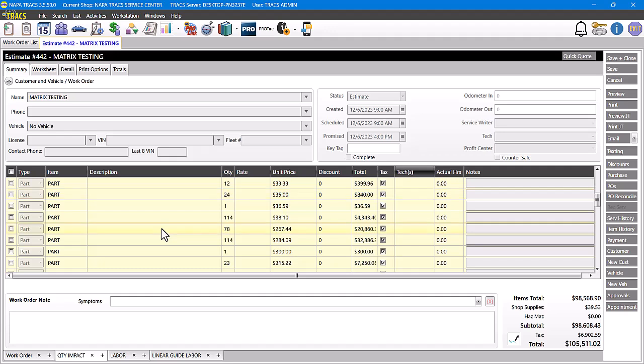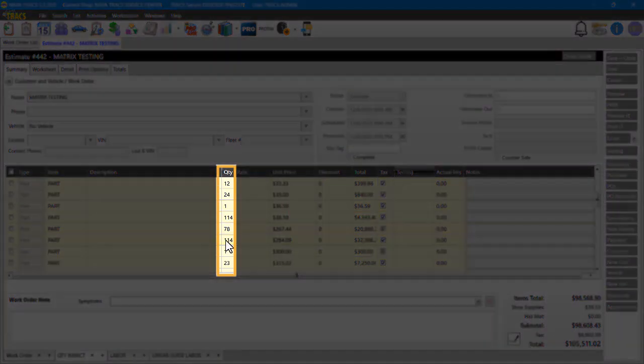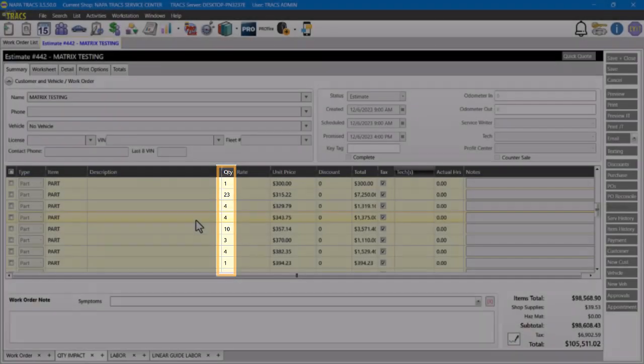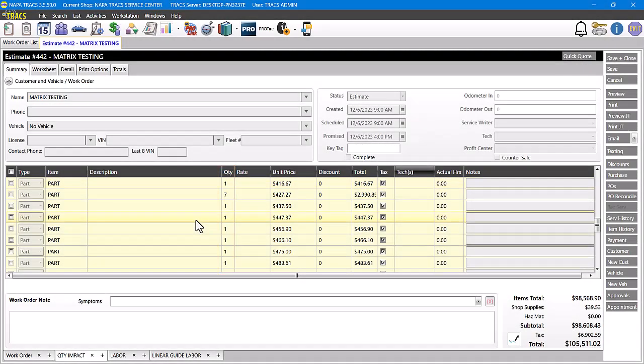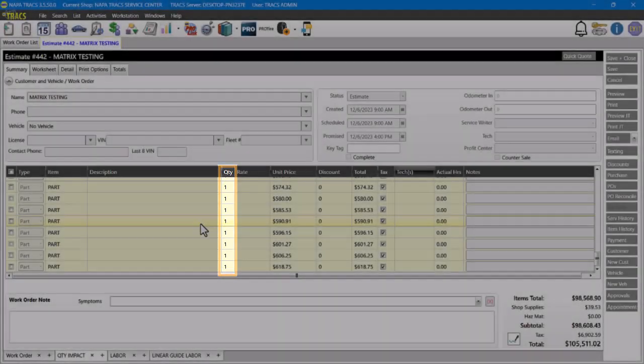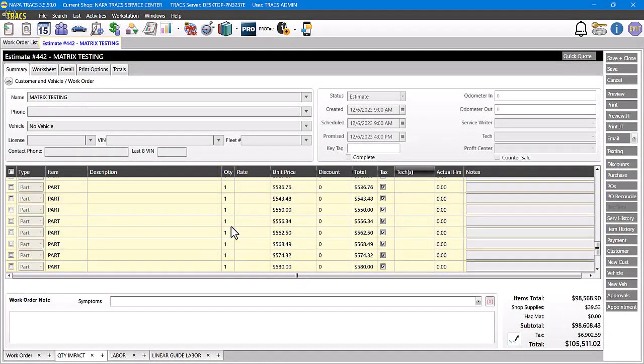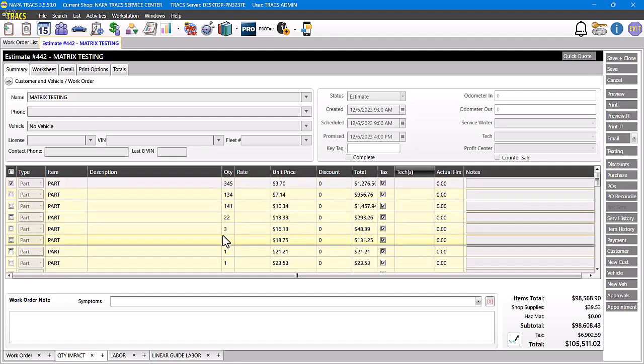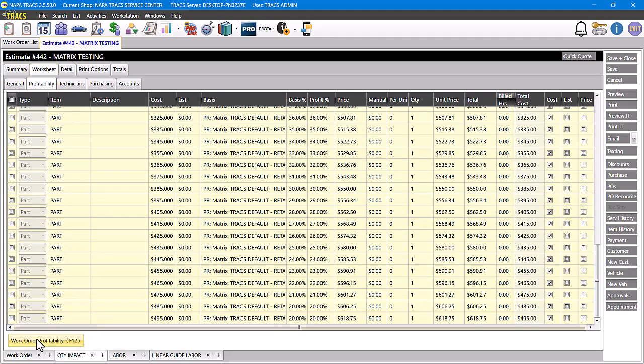I randomly picked some numbers and I just rolled through there. 114, 78, 24, 12, and the expensive stuff. I just left one. I didn't pad the numbers down here on the bottom end, folks. I just left those alone. I picked the high end stuff as the cheap stuff. That's it. Now, when I go to the profitability tab and I pull it up now,